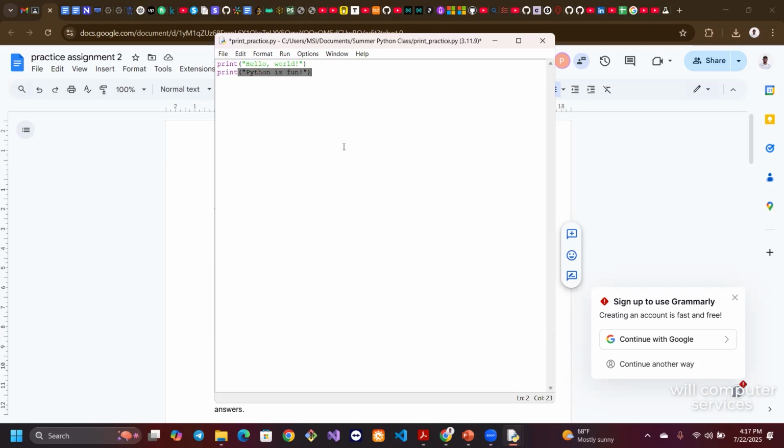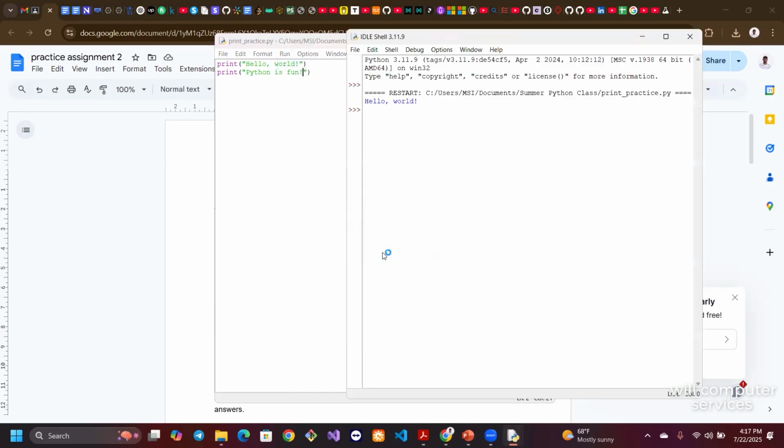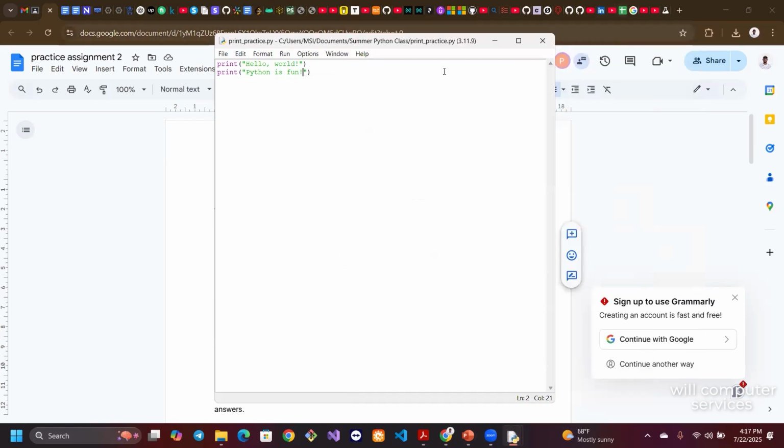Now, if I do this and we run it, we're only going to have Python is fun and exclamation mark. The quote will not be there. But that is not what the question is asking. The quote is not there, and we needed to include the quote according to what was displayed to us. So that is when you remember that I said there are two ways you can